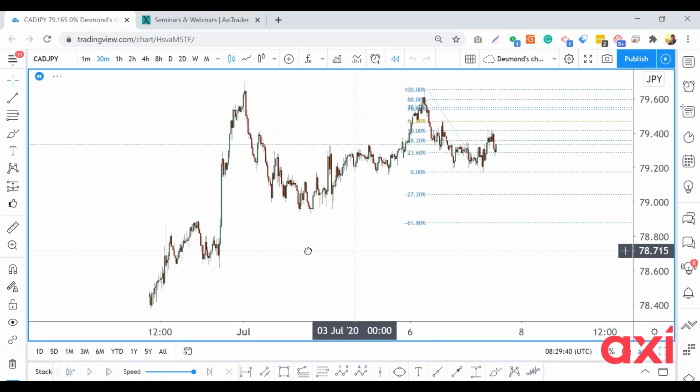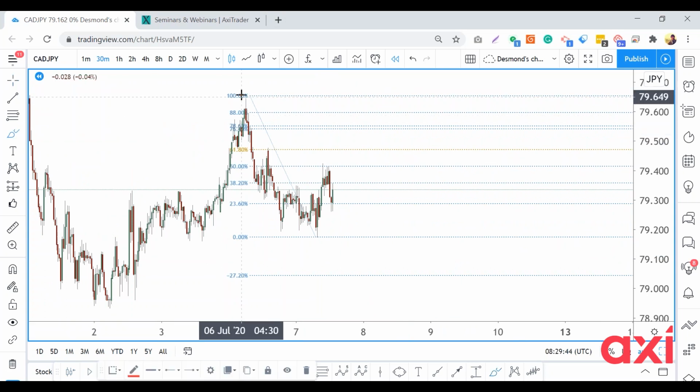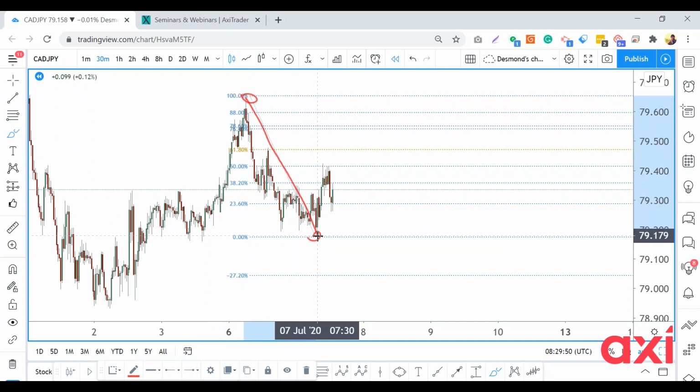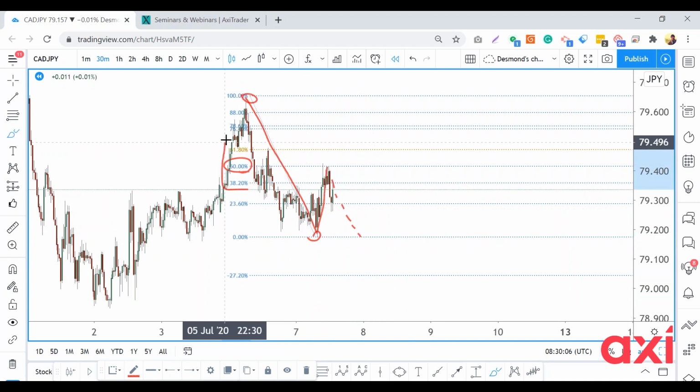Yep. In this example, this is our starting point, and this is our ending point. It's a decent movement all the way down. Price retraces up to 50%, and from there, it starts to reverse. Because it has reversed within 38 to 88%,